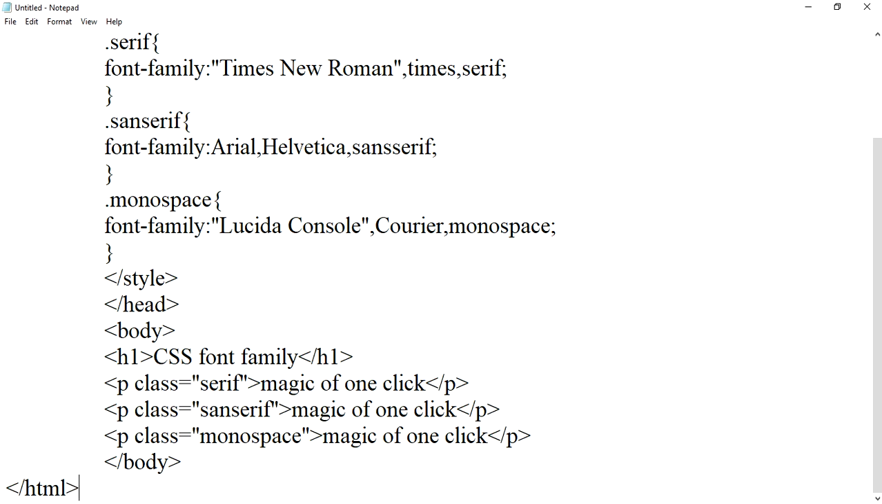But before that, let me give you some information about serif. Serif means Times New Roman, and sans serif means Arial Verdana, and monospace means Courier New, Lucida Console. These are the names of fonts, and now we'll just save the program